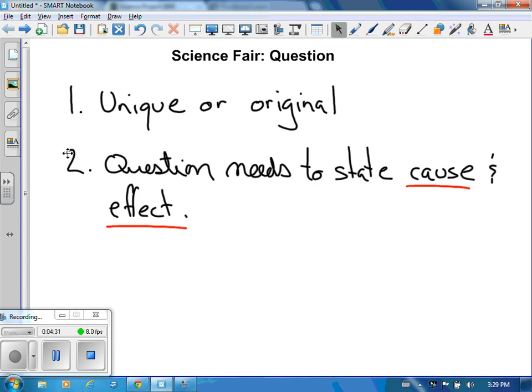You're looking at a football helmet, but you're going to change the amount of force that you apply to this helmet. You'll be constantly increasing the amount of force on the football helmet, and then you're going to measure an effect. And the effect could be a crack in the helmet. It could be a crack at an object on the inside of the helmet. The effect is something you measure.